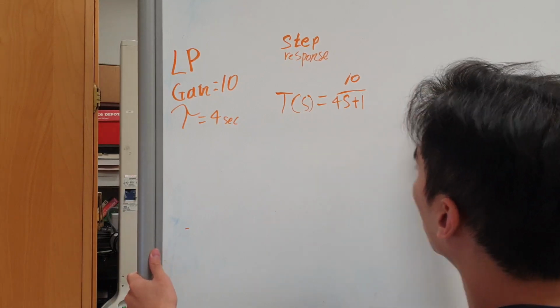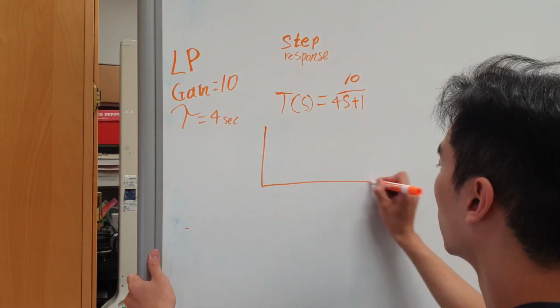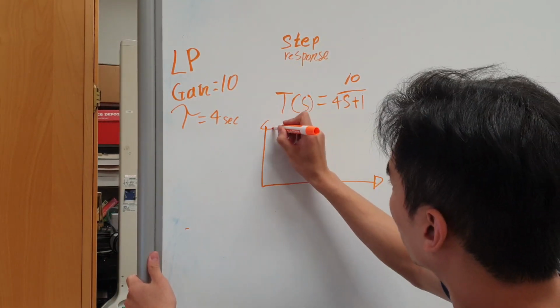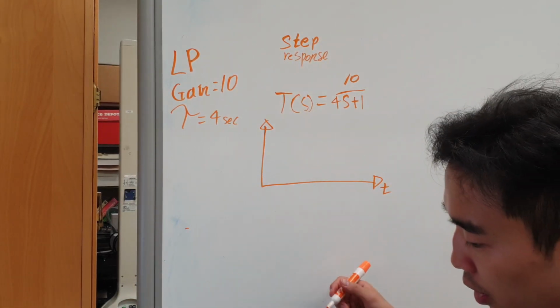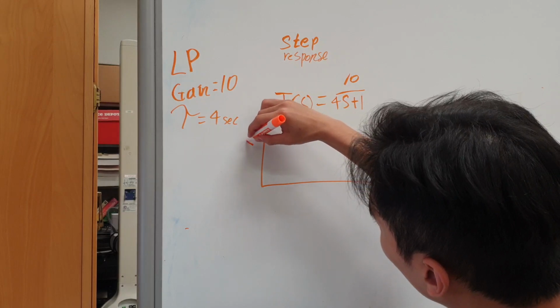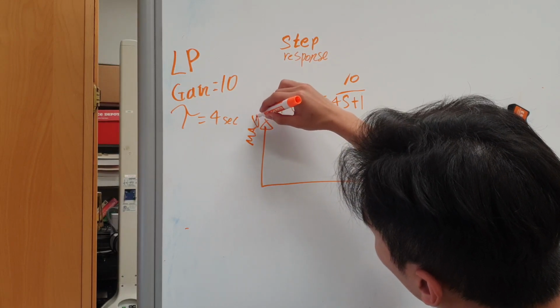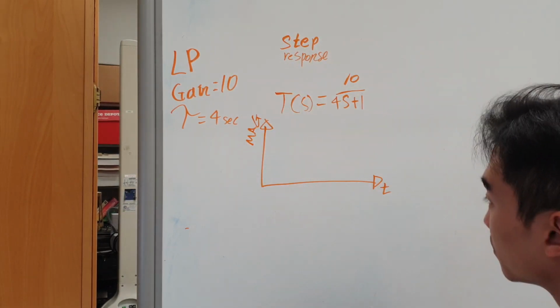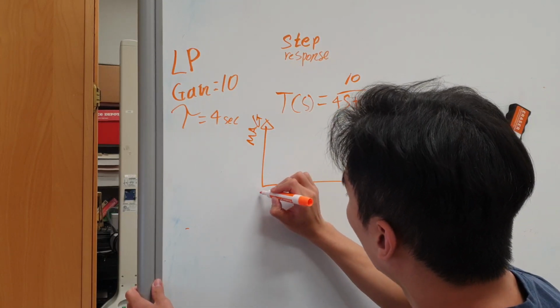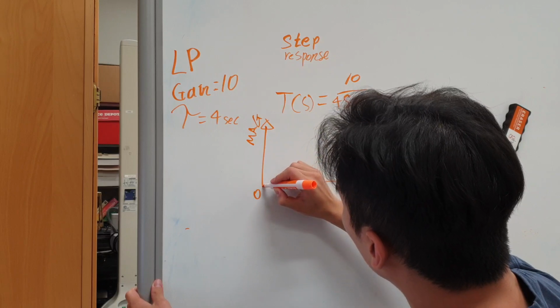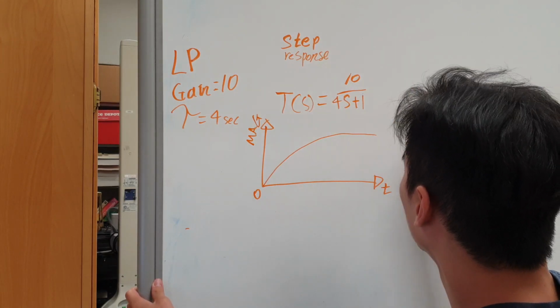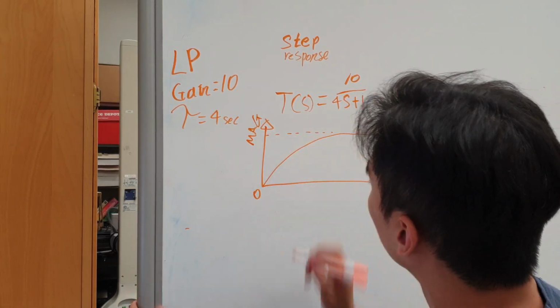And if we were to draw our step response, so for the step response we have t, the time, on our x-axis, and we have just magnitude on our y-axis, and we start at 0, so it's going to reach a steady state,